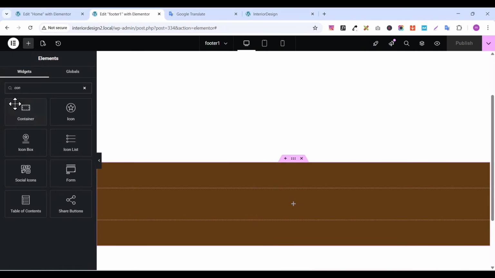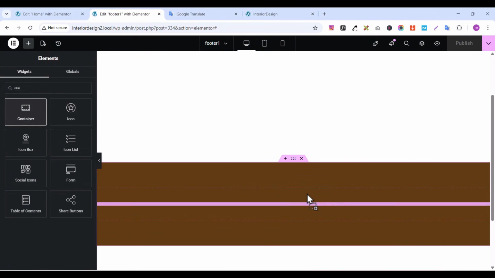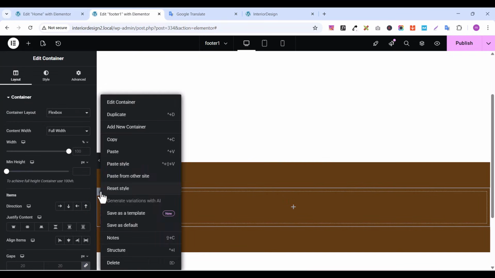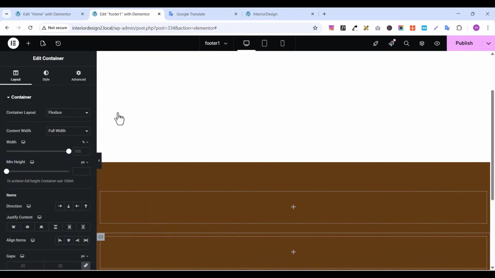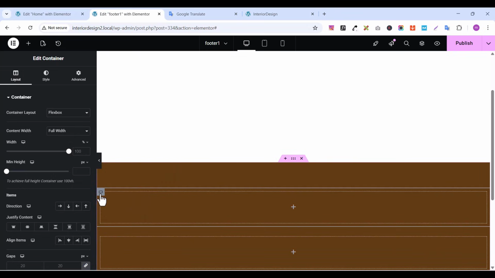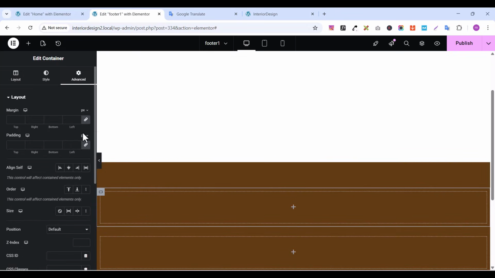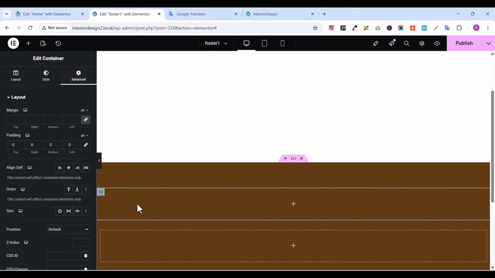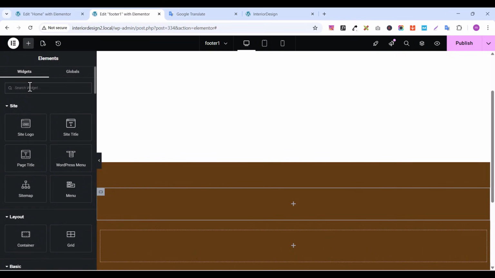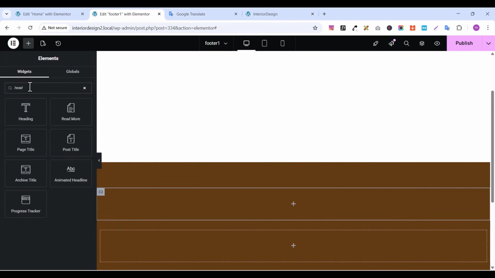So from here we can add another element, and that's going to be a container element. Search for our container element, drag the container element inside this. Let's duplicate it. So let's start with the first one. Let's go to advanced, remove the padding. So from here we can start adding our text element. So let's go to our text element panel, look for our element,